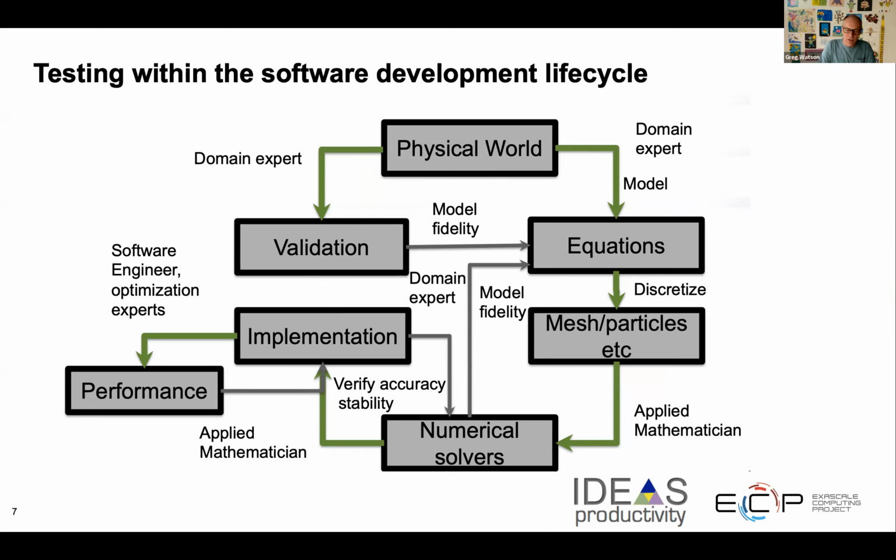They also need to think about validation checks arising from the properties of those models. Then in the right-hand part of this diagram, you've got the applied mathematicians who then provide solvers, for example, to really contribute an understanding of function spaces and convergence criteria to address model fidelity and verify accuracy and stability. And then on the right-hand side, you've got software engineers or computer scientists who are really then trying to